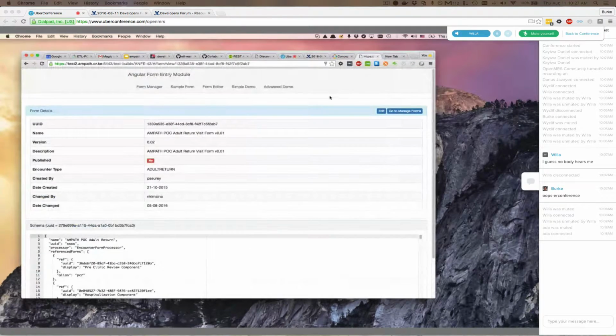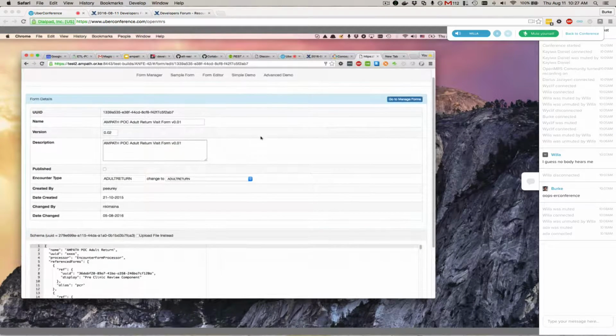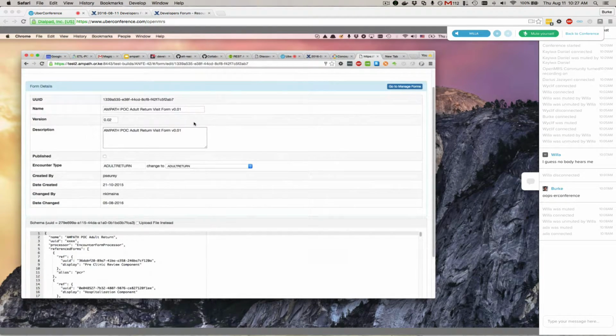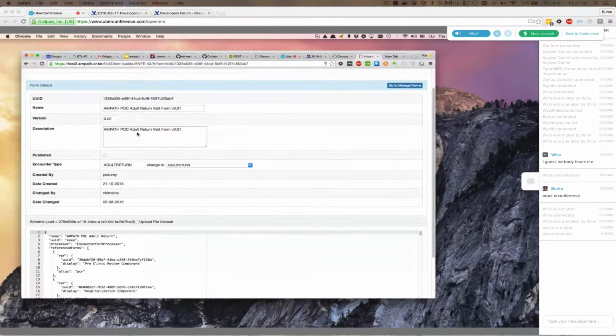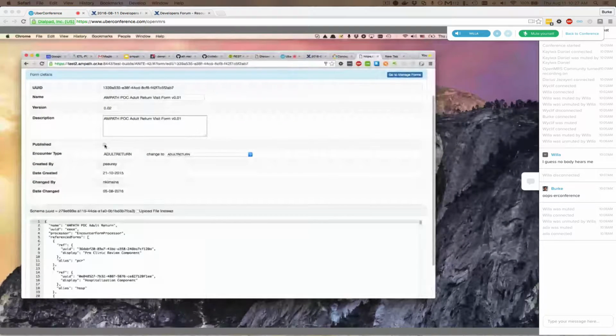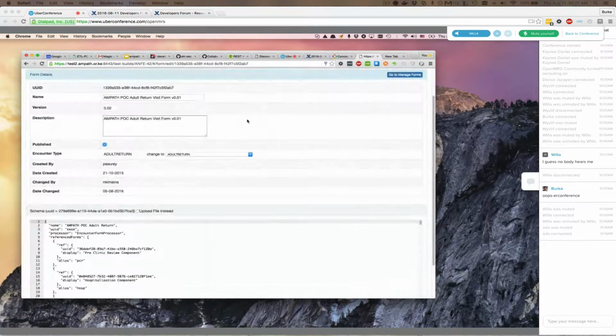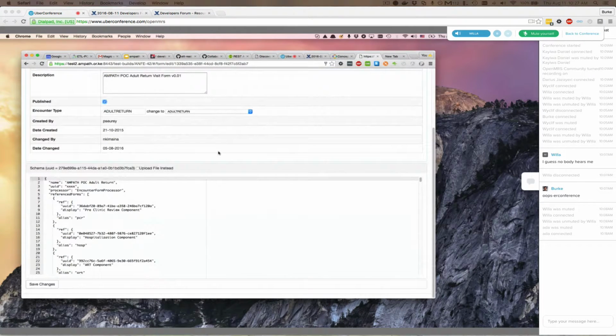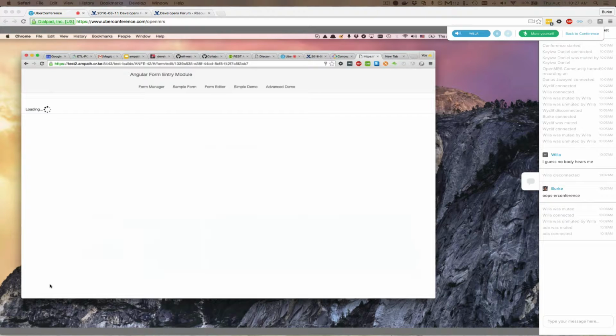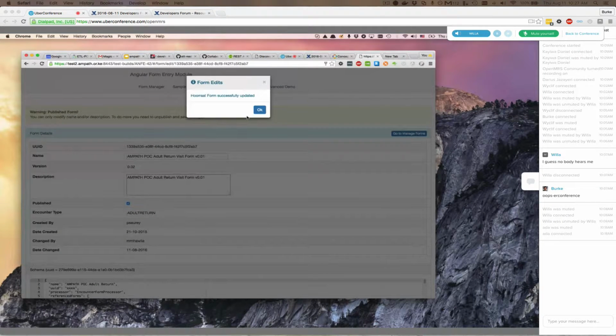All right. Okay. Yeah, so the edit, you can edit this form if you want. This one is not published. You say edit, and you just get the same view with the ability to edit the form. So you can change stuff there. The interesting thing is when you publish, let's see what you get. You say yes, and then you have to save. Sadly, you have to save before that can take effect. Okay.